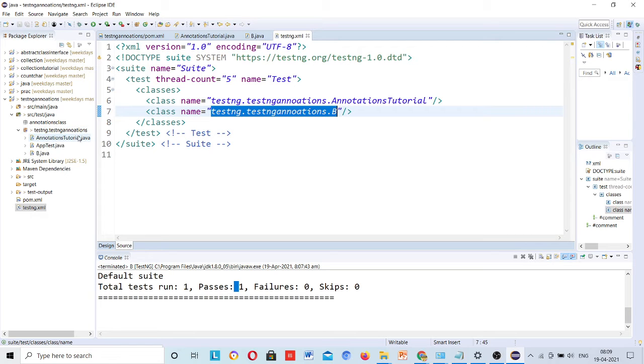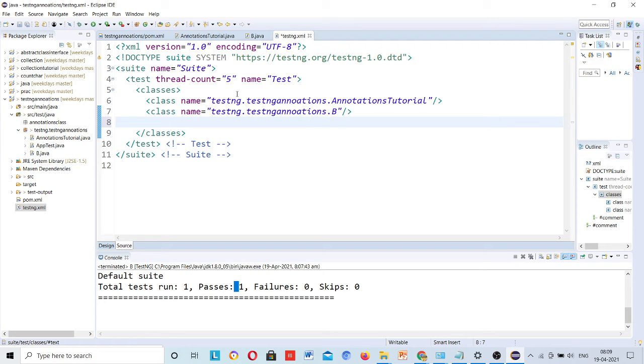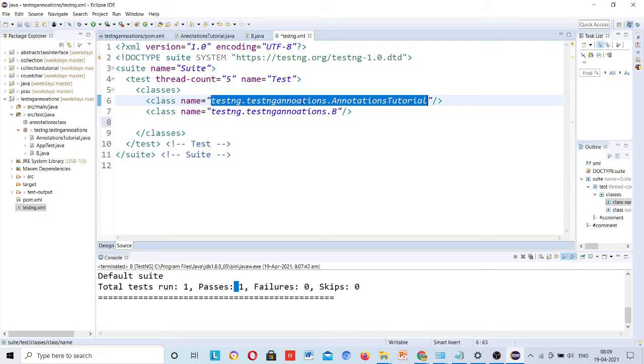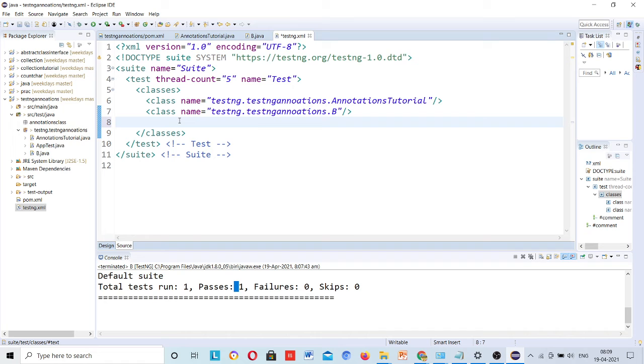If I have one more class, I can write one more line here. How does that get added? Like this: package name dot class name. This is how it is added. So if you want to add one more class, you can add it here, inside classes.